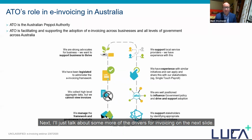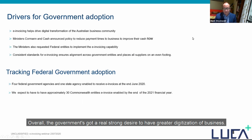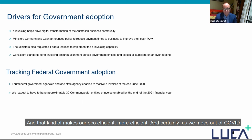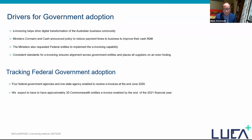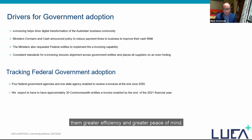Next, I'll talk about some more of the drivers for e-invoicing on the next slide. Overall, the government has a real strong desire to have greater digitisation of business, and that makes our economy more efficient. Certainly as we move towards COVID recovery, that's going to be more and more important for us as an economy. And this is another reason why we would see businesses who don't yet embrace full digitisation get the opportunity to